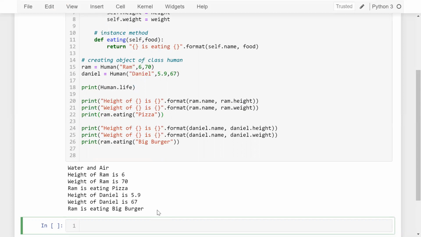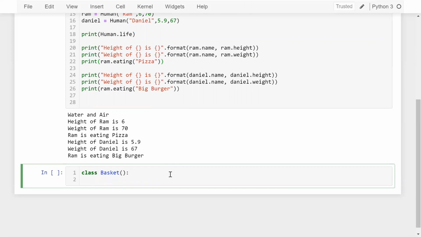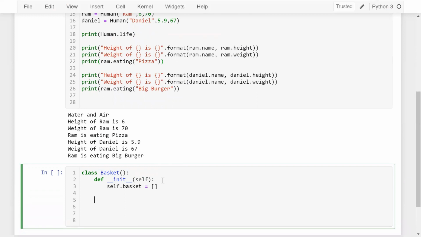Now let me give you another example so that you can easily understand. So let's say class Basket. And here I'm going to define once again the init method, or you can say constructor, which takes self. And here I'm going to write self.basket equal to a blank list. And now def fill, which takes self and fruit.